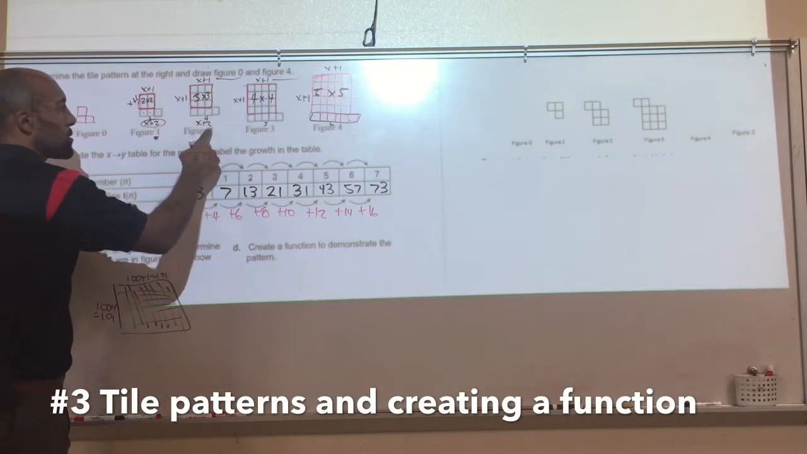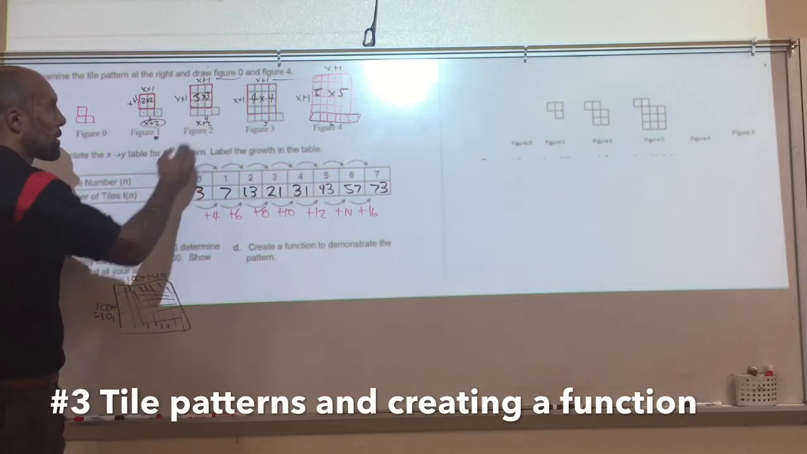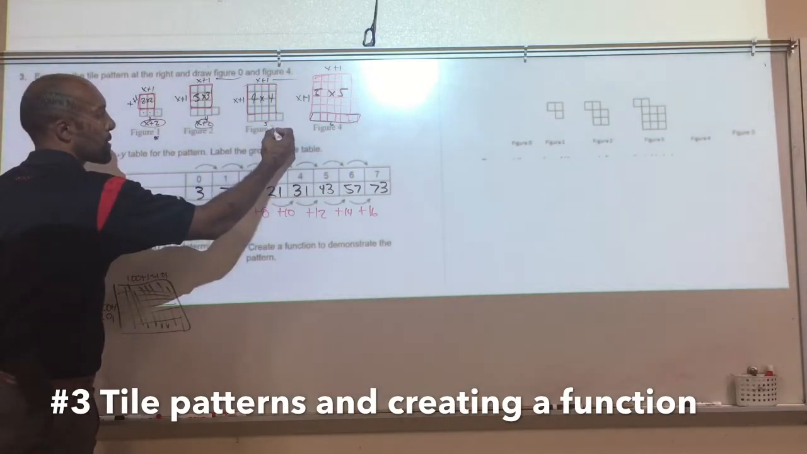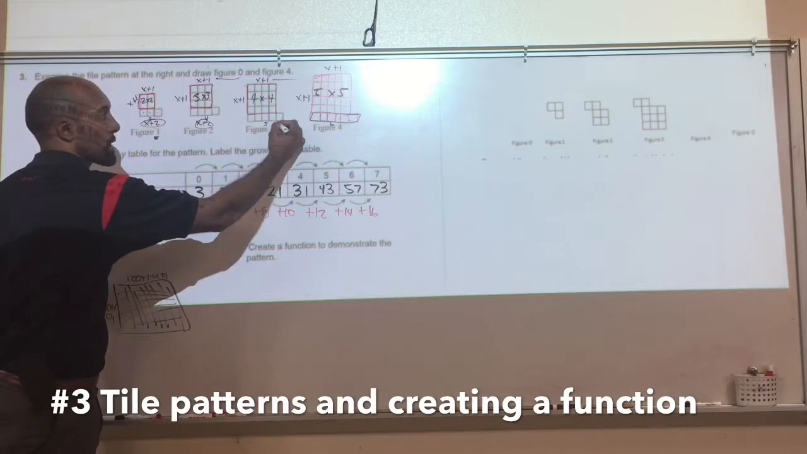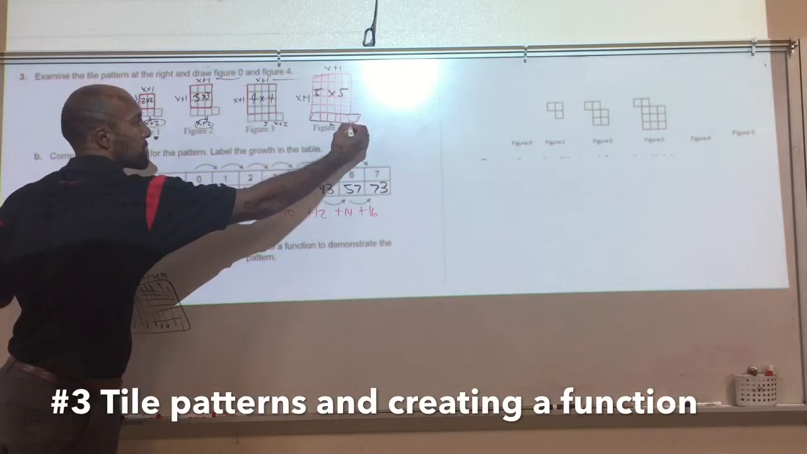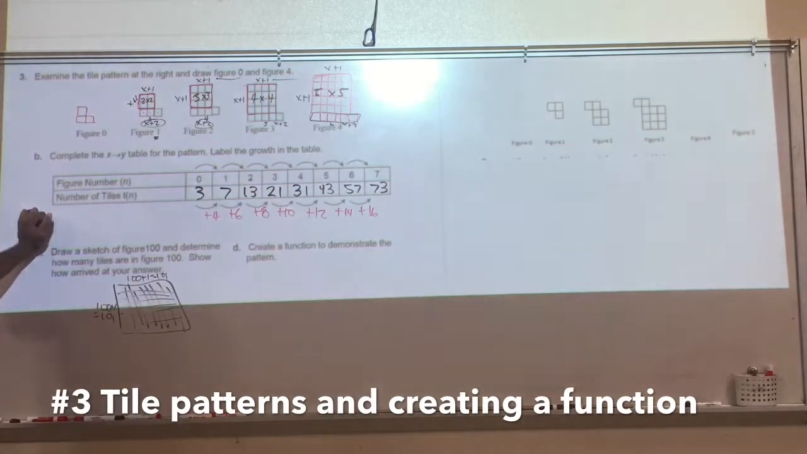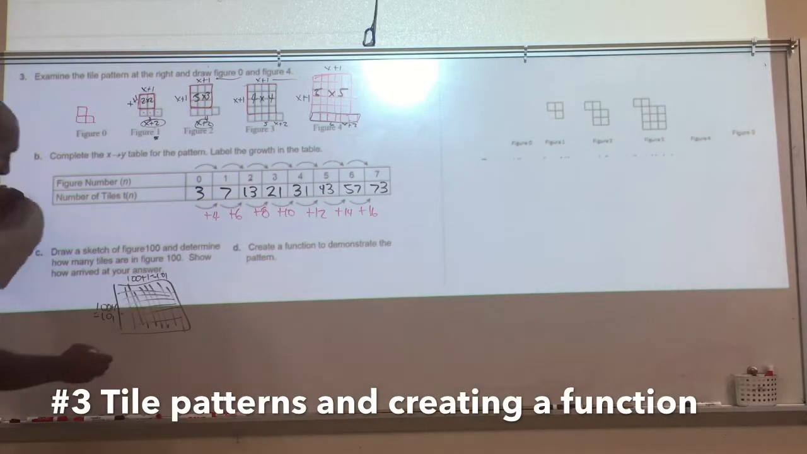Figure number plus 2, so 2 plus 2 is 4. Okay, and then figure number 3 plus 2 is 5, so x plus 2 again, x plus 2 again. Okay, so bear with me, okay? So then that means,